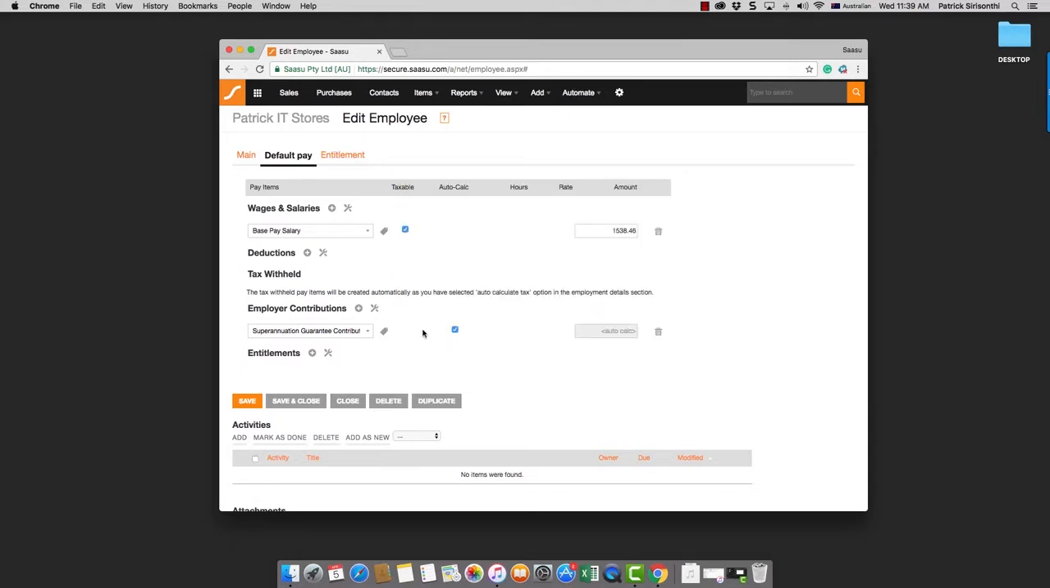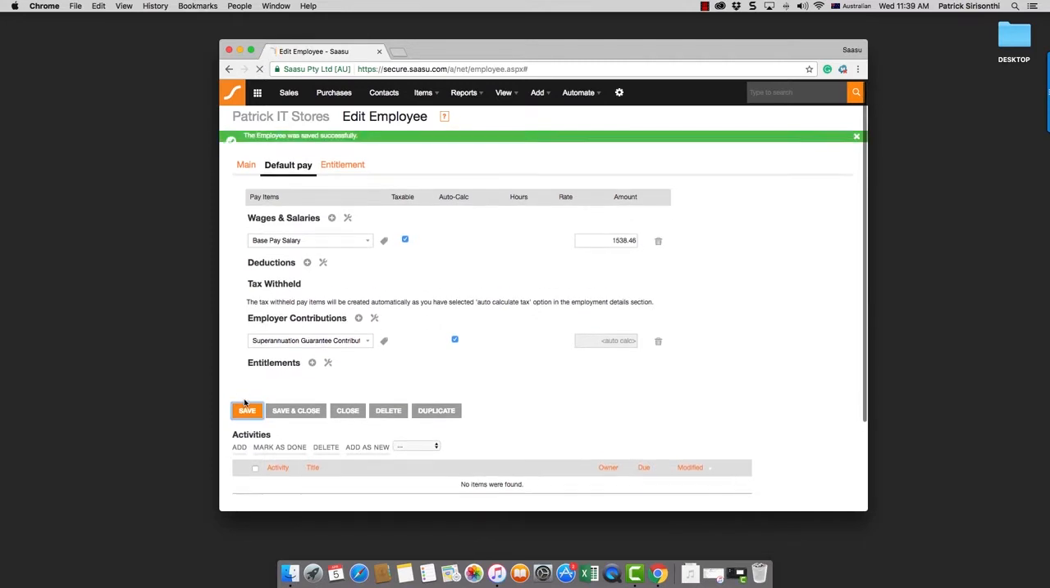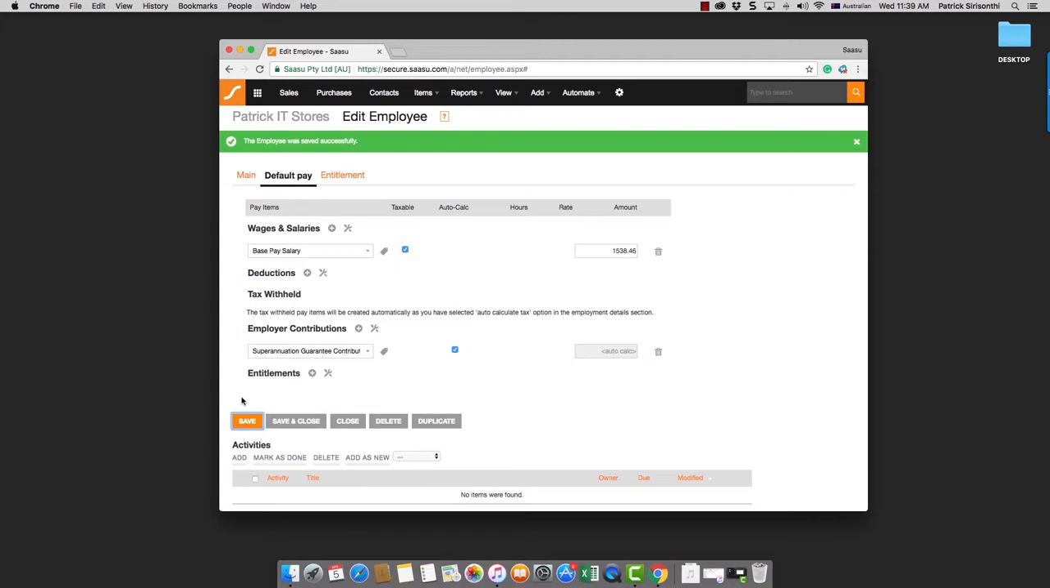By filling in this information on your default pay, this will flow through to any future payroll entries for this employee. Please note that it will not flow through to payroll entries made prior to adding this information on the default pay. If you have payroll entries prior to that,